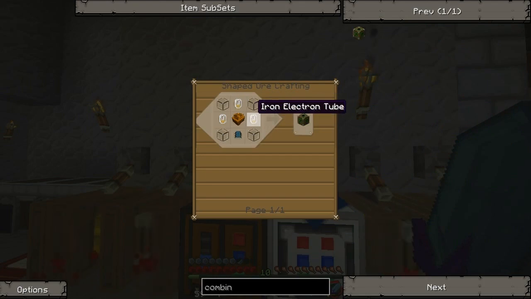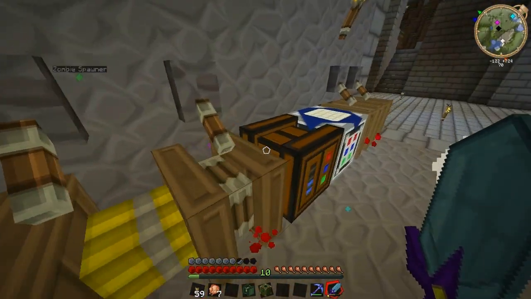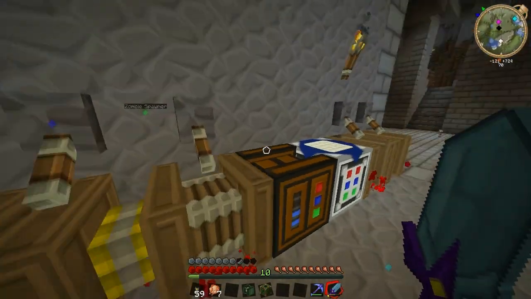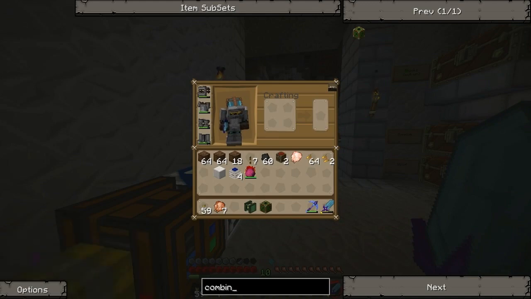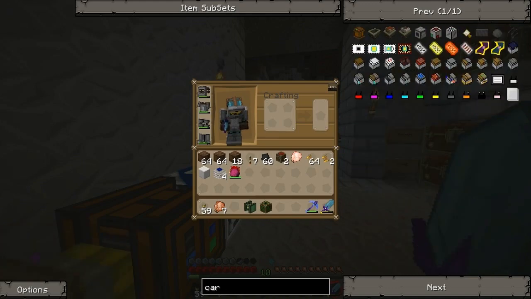And this guy you make out of the iron electron tubes, another small circuit, another sturdy engine, and some more glass. So they're fairly easy to make. There's a lot of steps involved, so don't get discouraged when it takes forever to make this stuff, because it definitely takes a long time. And you make the carpenter too. I'm not sure if I showed you or not, but I'll show you the carpenter, and then the